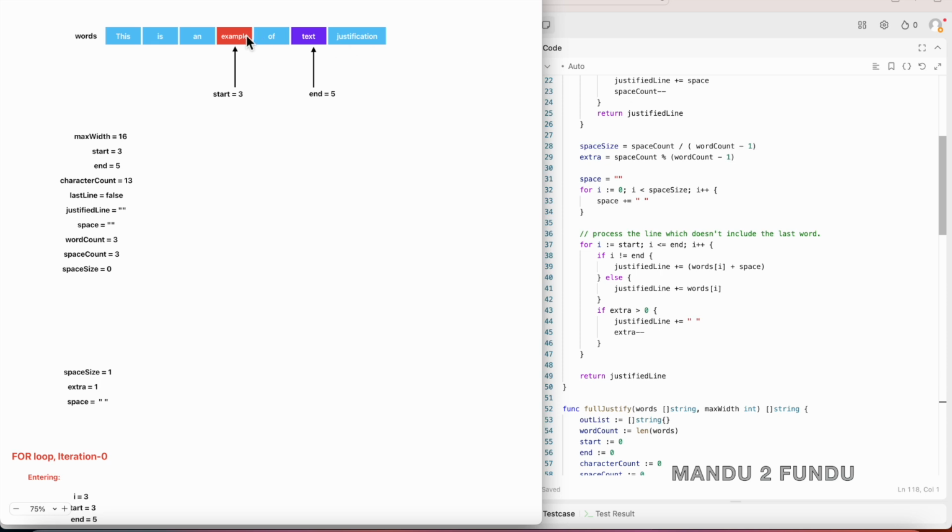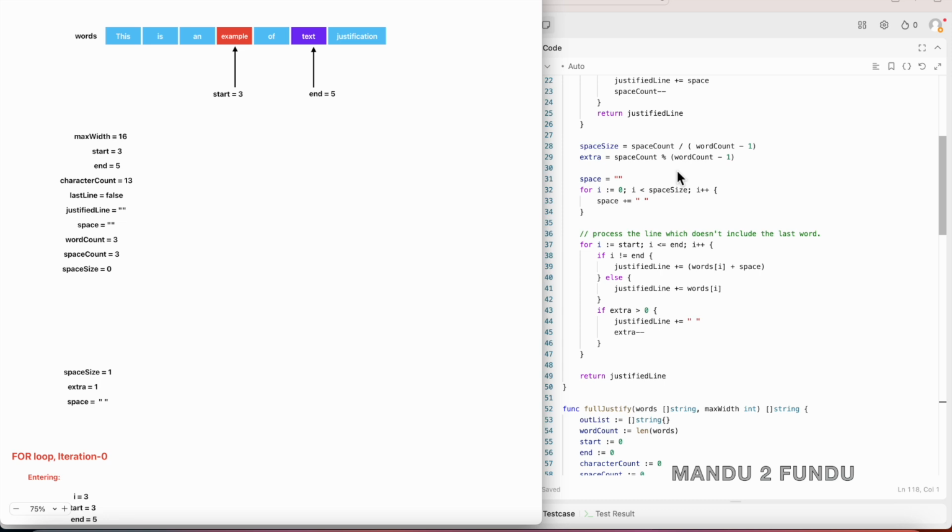Okay, so in this case we have 3 words, but we have to add only 2 spaces, so that's why we divide by word count minus 1. So we get the space size, the minimum space size between the words in the justified string. Okay, and then we have to see whether there are any extra spaces. So that's why we do space count modulo word count minus 1. That gives us how many extra spaces